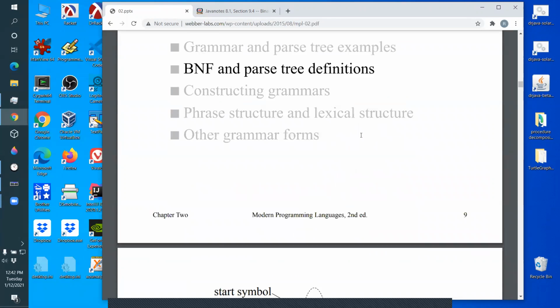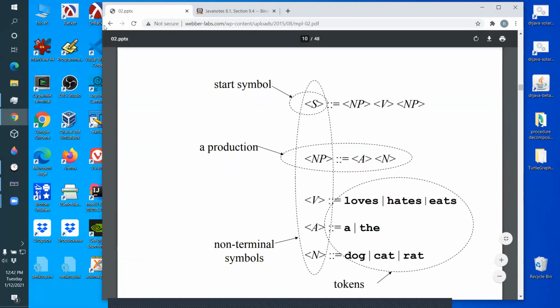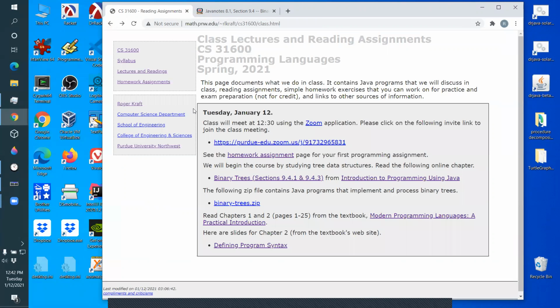So we're going to spend some time talking about the tree data structure before we start talking about the first couple chapters of the programming languages textbook. Chapter 2 of the programming language textbook is when trees start being introduced. But it's a programming language textbook. It doesn't talk about the tree data structure much at all. It presupposes you've seen that in a data structures course. So we'll review trees for a week or so before we jump into the use of them in programming languages